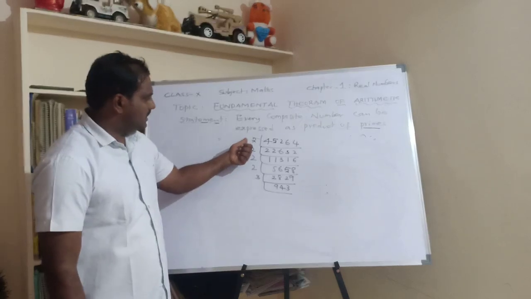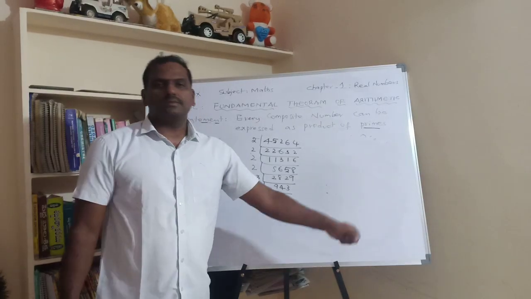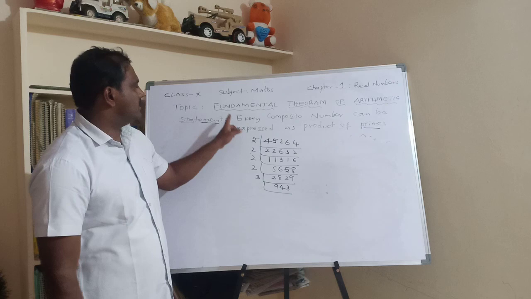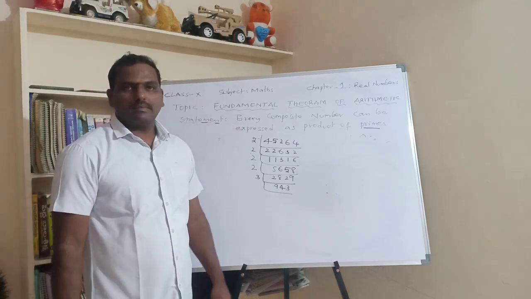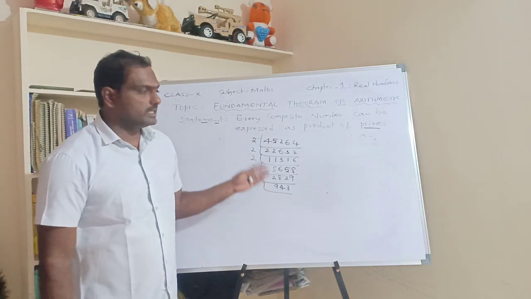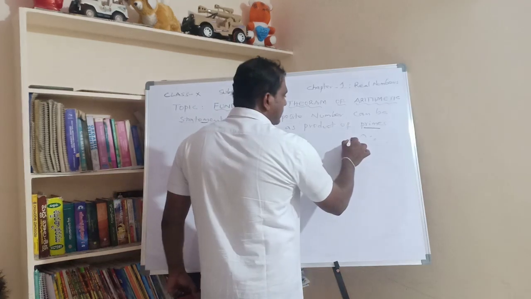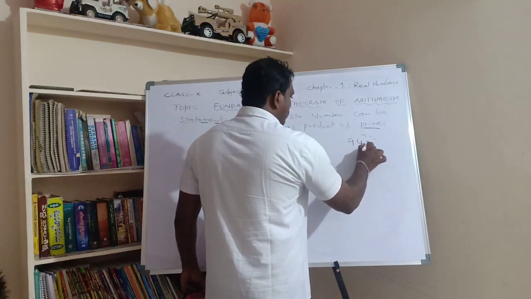So now look at this. All will come as prime numbers only. So this is the statement for the fundamental theorem of arithmetic. Now 11 is there. Next, after that you can check the 13 table, because we have to check with only prime